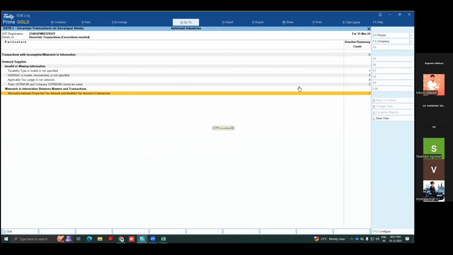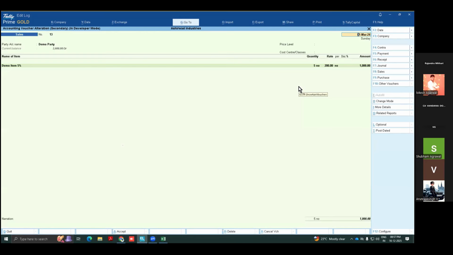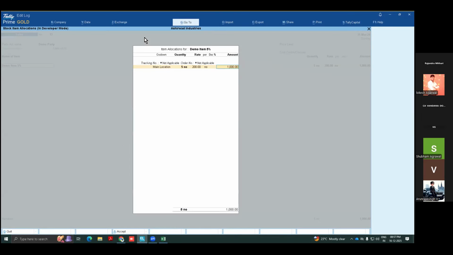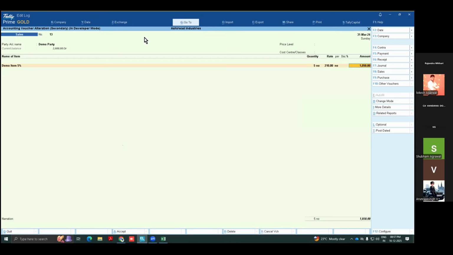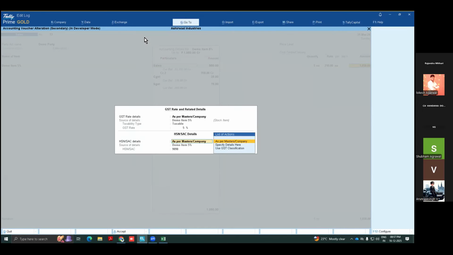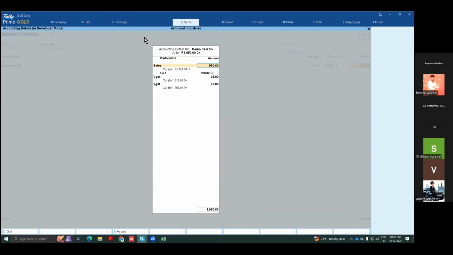It is a mismatch between the expected amount and the amount you entered. 1000 at 25, and then the base value, sorry, you entered 1000 only. So this is why it is 1000 plus, and that is maybe what the value should be. So make it 1050, gross value 1050. And here, not 950, keep 1000.